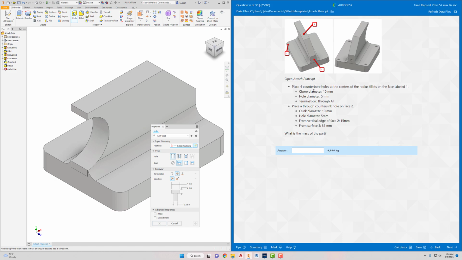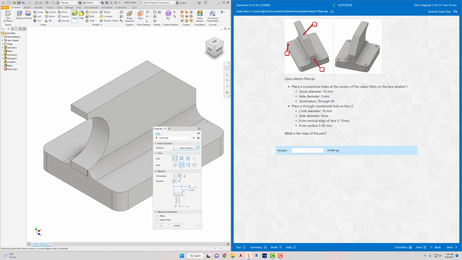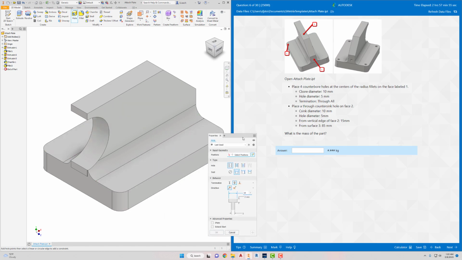And then it says our counterbore diameter is 10. So this one is 10. The hole diameter is 5, which is down here at the bottom. And then it doesn't give us this dimension here, so I'm just going to leave it like it is. And then the termination is through all, so make sure the through all is checked. Okay, so then I'm gonna click on the corner here to place the hole, and then click on the